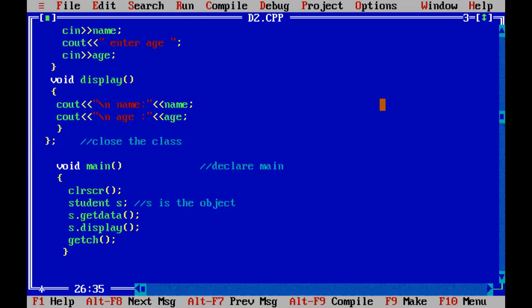So here what we are going to do, we are taking the data from the member function, and then we give that data with the help of the objects. So here we can see that we are working on a function, not on the data. It means data is not showing here, only the function is showing here. So we can write one more thing here, that we are working with data binding also. This concept is known as data binding.